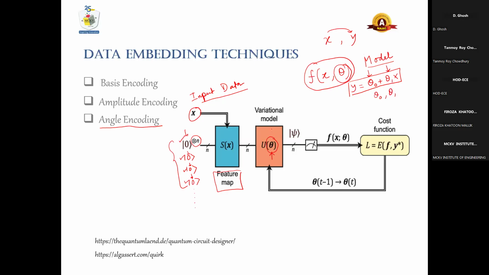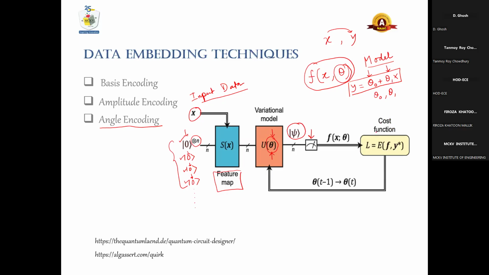So you tweak these parameters. For a given set of theta, you measure the output, and that is this part, the measurement. Then classically, and this is the hybrid part, you find out the